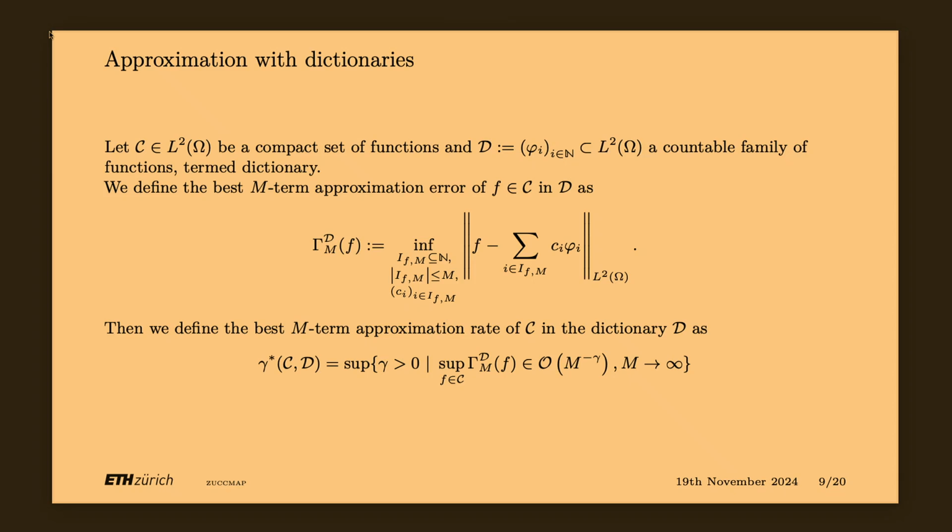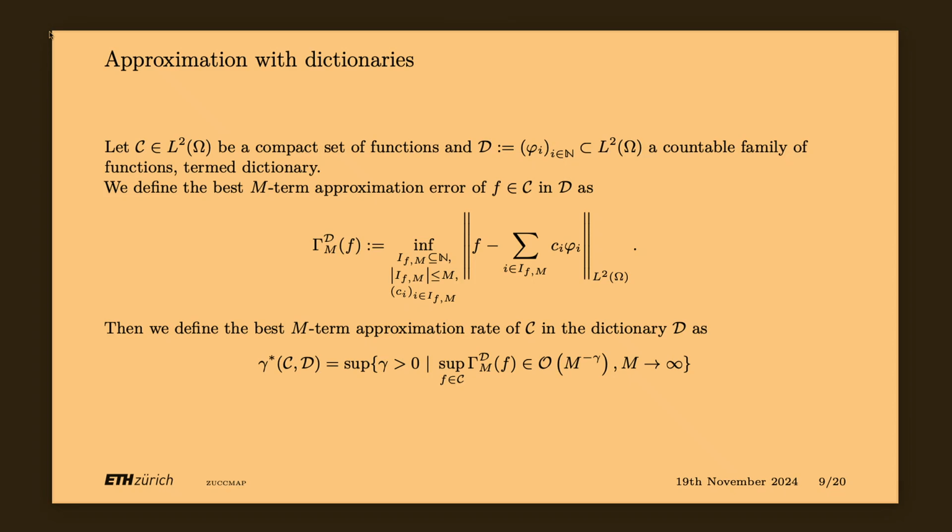Now, a problem that we have at this point is that we are allowing for very free choices of the elements from the dictionary. So practically, when we have to approximate those elements with the linear combination of m elements in the dictionary, we will have to choose the best m among infinite ones, because the dictionary has infinite elements. So it's going to be essentially impossible, because we will never find the best m in an infinite dictionary.